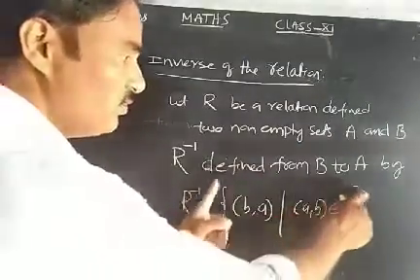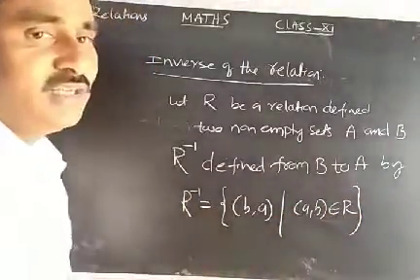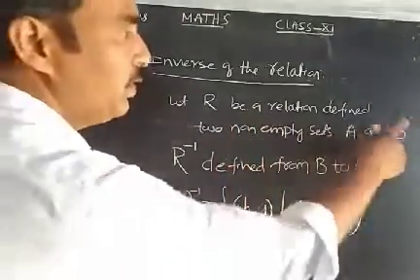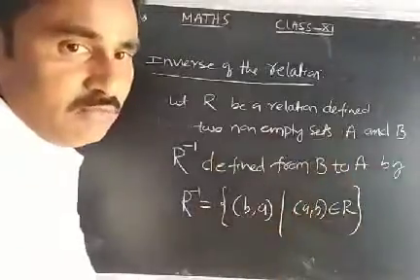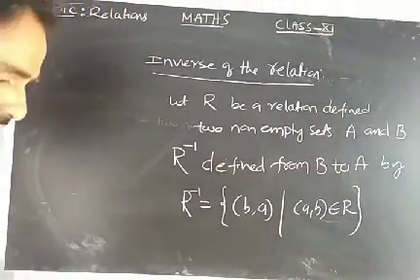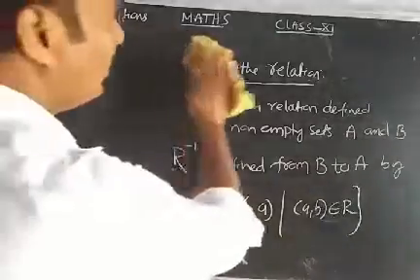Then you will get a new set. That new set is called the inverse of the relation. It is different: if R is from A to B, R inverse is from B to A. Okay, this is one of the definitions, the inverse of the relation, right? Now,